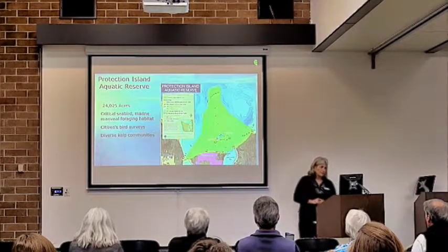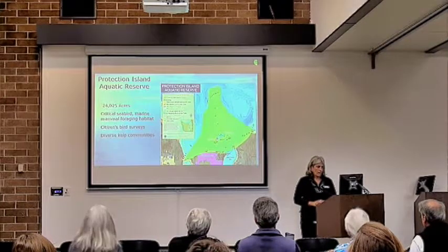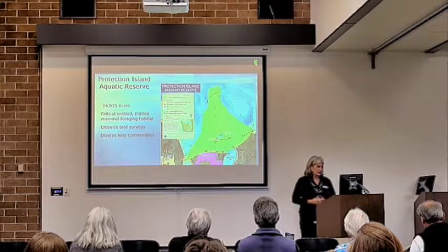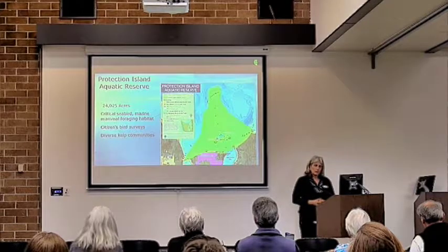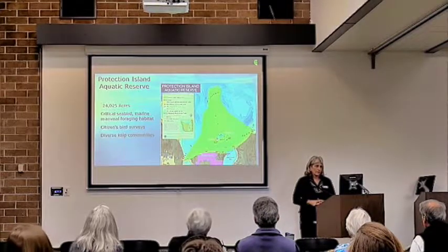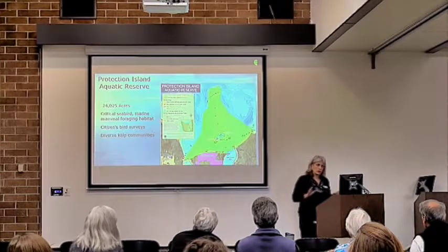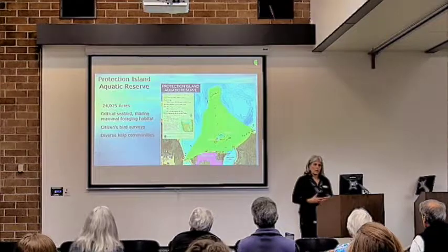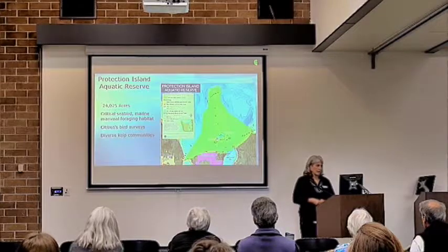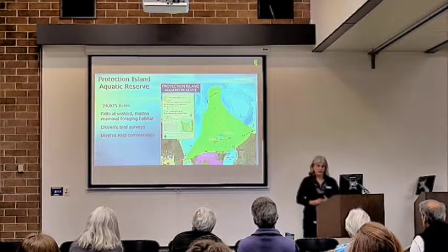So Protection Island is located just between Sequim and Anacortes, and kind of touches the shoreline of those peninsulas, the Miller and Quimper peninsulas. It's got similar habitats to Smith and Minor, also including some similar features like these gigantic feeder bluffs, similar to Whidbey, also on these peninsulas. And there's a lot of natural shoreline with associated just amazing habitats. So the Citizen Stewardship Committee there is much newer. They just got started